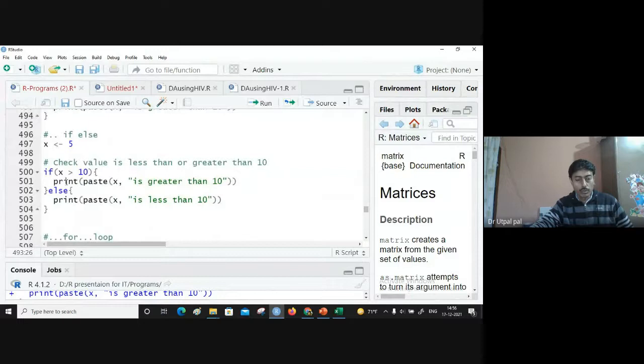There is one more. We have if and else. So suppose here I'm checking if x is greater than 10, then we have to print x is greater than 10, otherwise x is less than 10. Let us see what happens here.